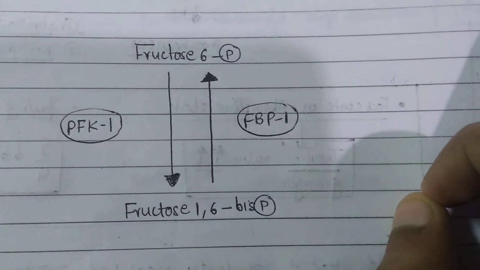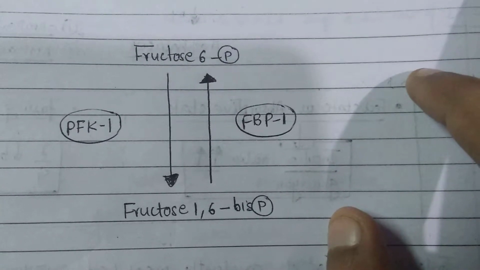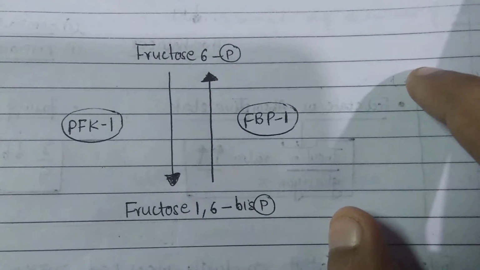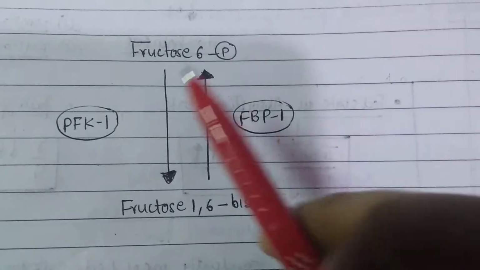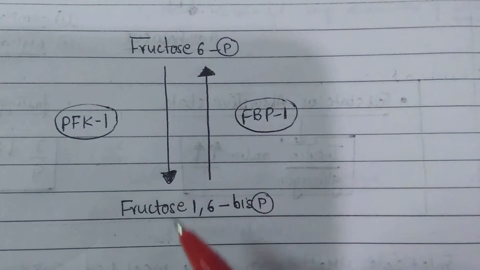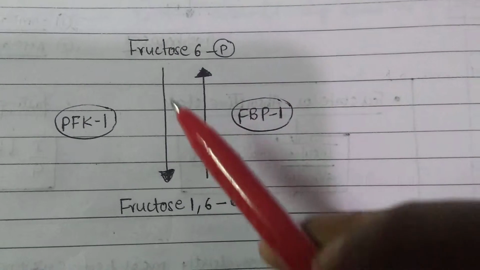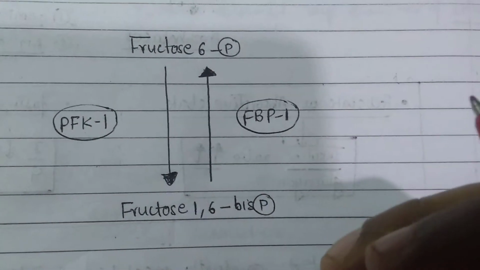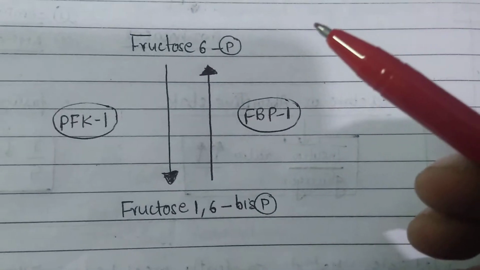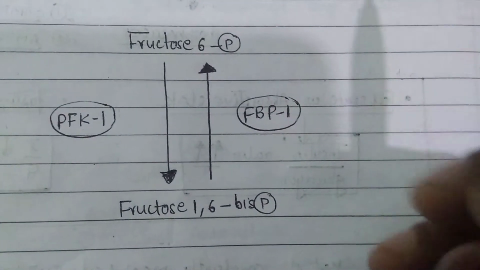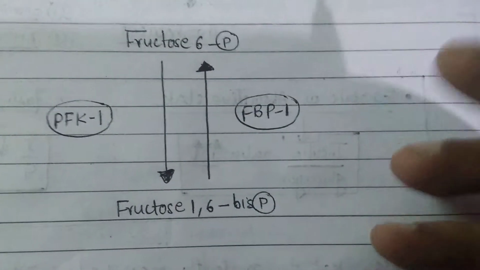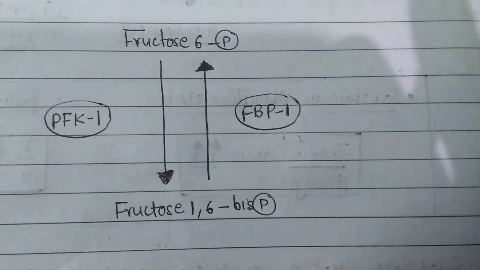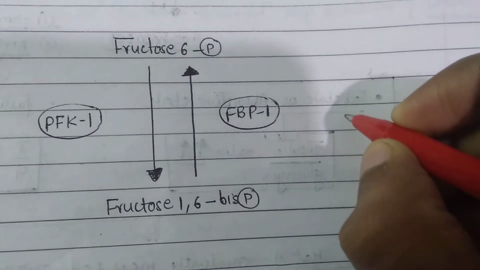In feeding state, since we have an enormous amount of glucose, we need to store the glucose. We do not need to form glucose. So glycolysis is the predominant step which we need. Glycolysis is the predominant step in case of feeding, and gluconeogenesis is the predominant phase in the fasting, because gluconeogenesis releases glucose in the blood. We do not need it because we are not in a fasting state right now, we are in a feeding state. So what you need to remember is that glycolysis